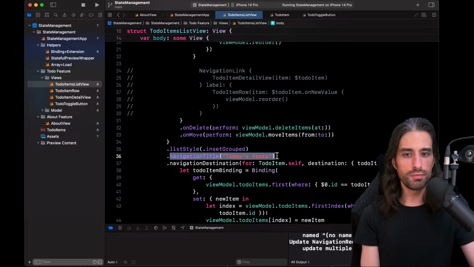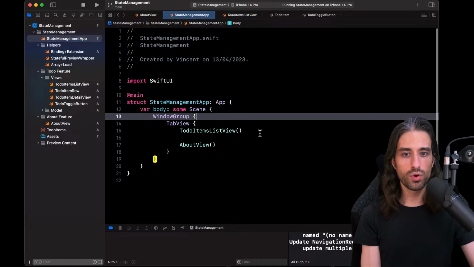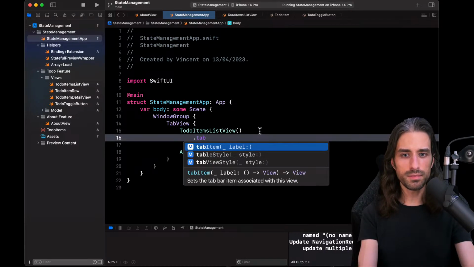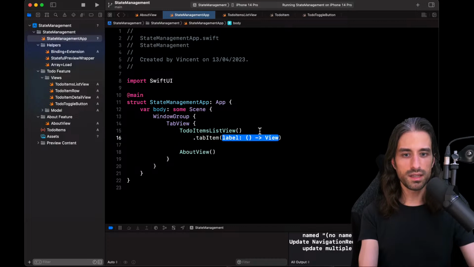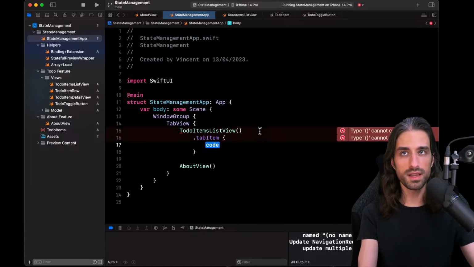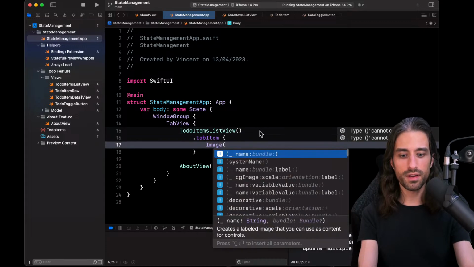We had called the modifier navigationTitle in the view inside the navigation view or the navigation stack. Here we're going to do the same. We're going to call on both views the modifier tabItem. You can see it takes a label as an argument, which is just the view we should display. And here I'm going to want to have first an image with system name.